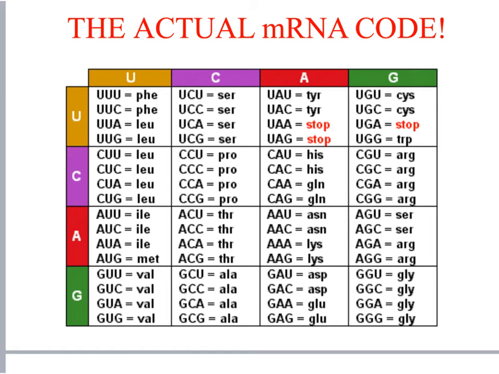All right, there's a part missing here. So what I want you to do is you're going to take a picture of this chart, and then I'm going to tell you to add another column here. Okay, we're going to add a column to the right side, and I'm going to explain to you how to read this chart. All right, so what you need to draw is another column. And in that column, I want you to put uracil, cytosine, adenine, and guanine. It needs to look just like this one on the left. So color-coded also. So this same 4 letters in a column format, you're going to copy that on this side,